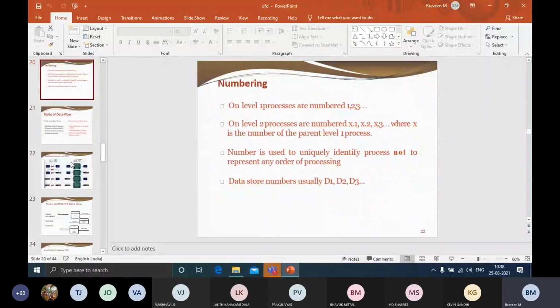Normally, the first level processes will be numbered as 1, 2, 3. And if you are going for the next level, you can make it x.1, x.2, and x.3. That is nothing but the representation. We are getting something from the parent process, and now we are the child process, so I'm making it x.1, x.2, and x.3. And the data, the numbers will be stored as